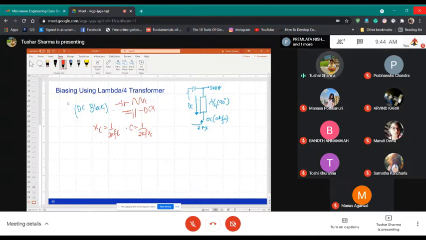So the value of capacitance is given by 1 over 2 pi f C. Okay. So for a DC block to act as a short, I can calculate the value of the capacitor as 1 over 2 pi into 2.3 times 10 to the power 9 into whatever this XC is. And for this particular case, because we want DC to be blocked and RF to pass, I take my reactance XC approximately equal to 1. So let me put it as 1 and see how much will be the value of this cap. So 1 over, can somebody calculate it for me?